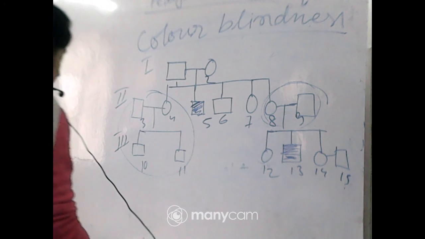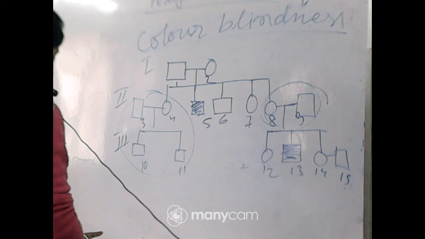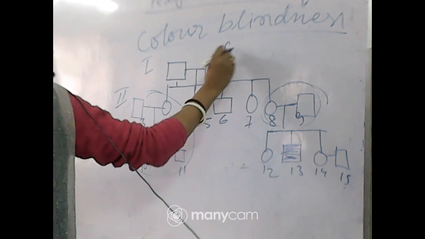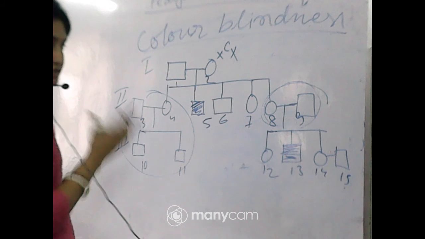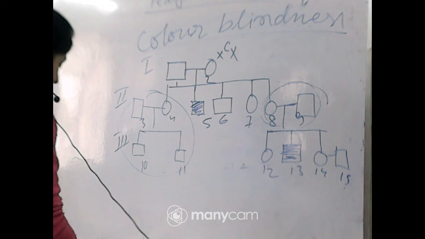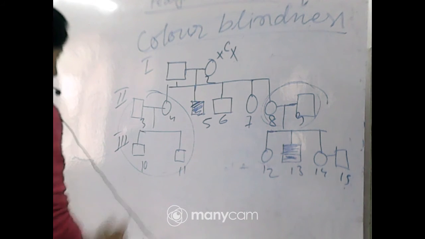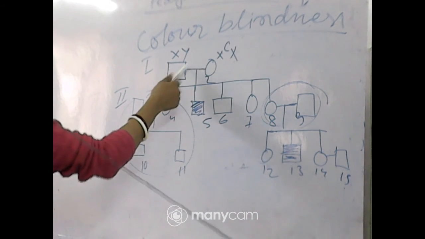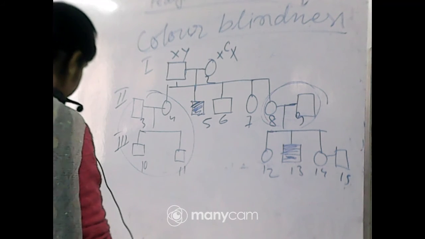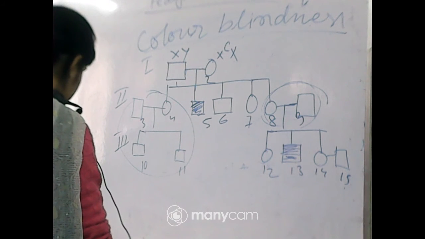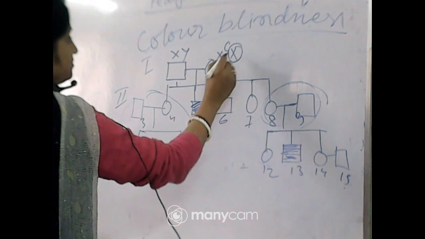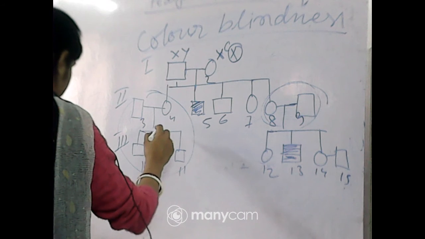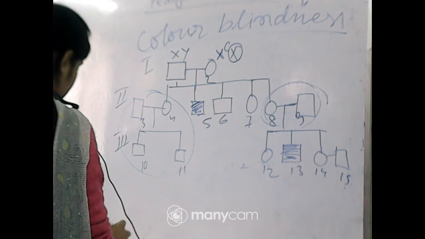so color blind carrier woman, obviously. The woman is a carrier, that means heterozygous, not the dominant form. Recessive form carrier. Gametes: normal man, the man is normal but the female is the carrier, so that's why that is not affected. The recessive gene is carried by the female. Okay, both are small. Possible phenotype.